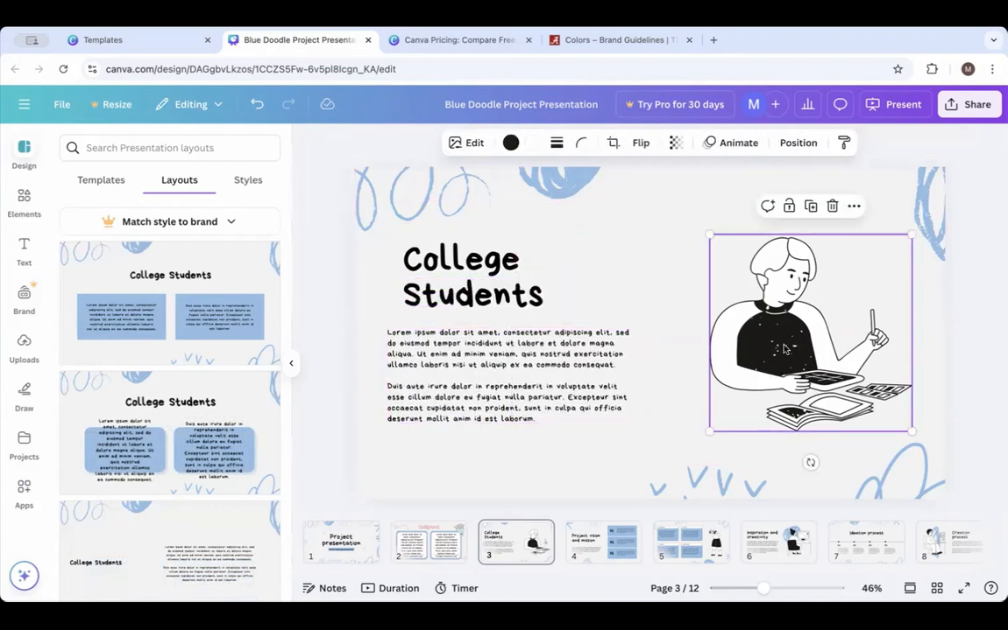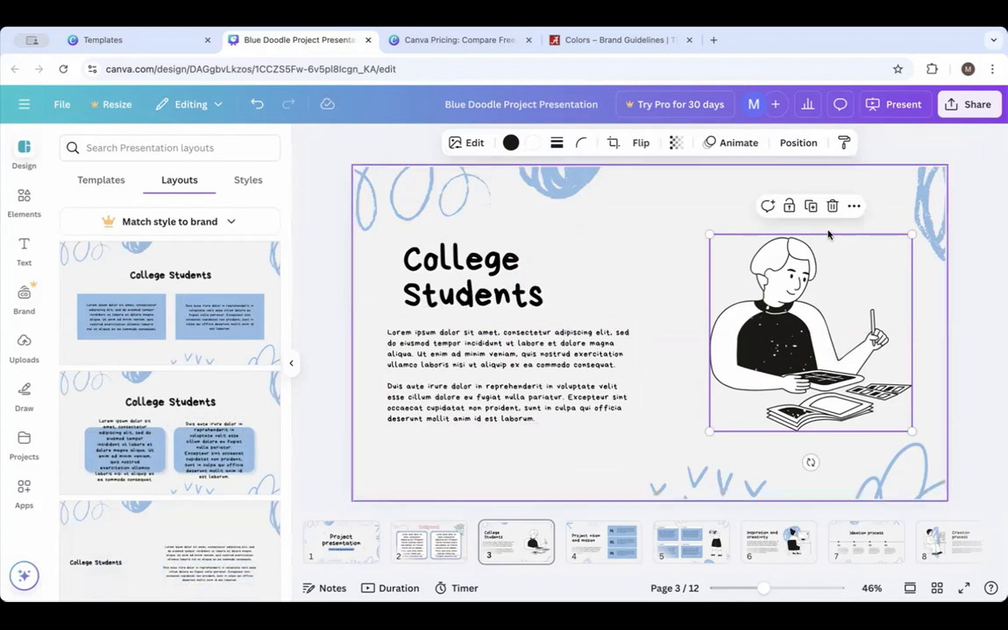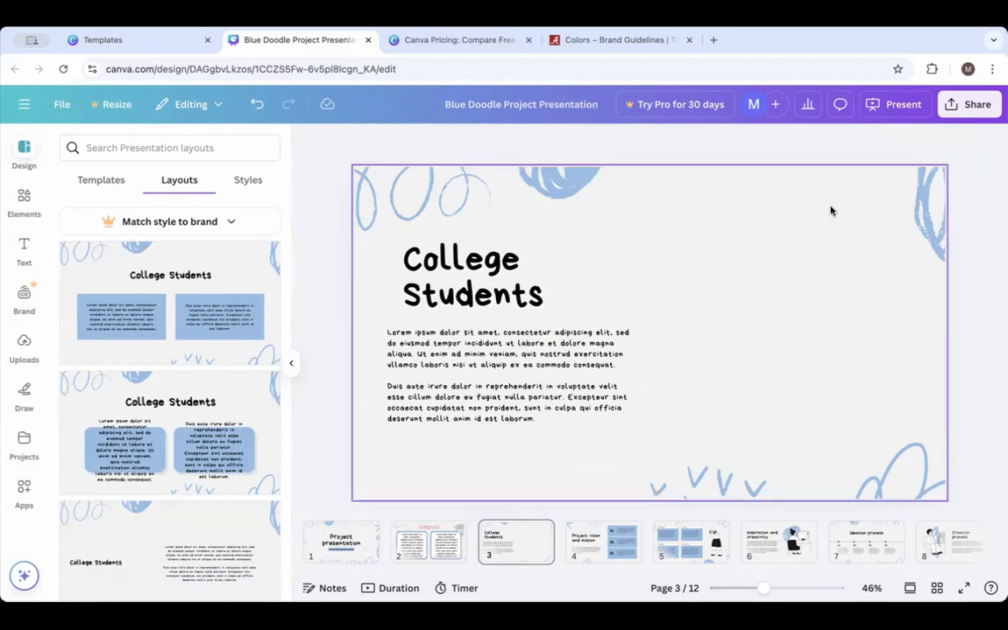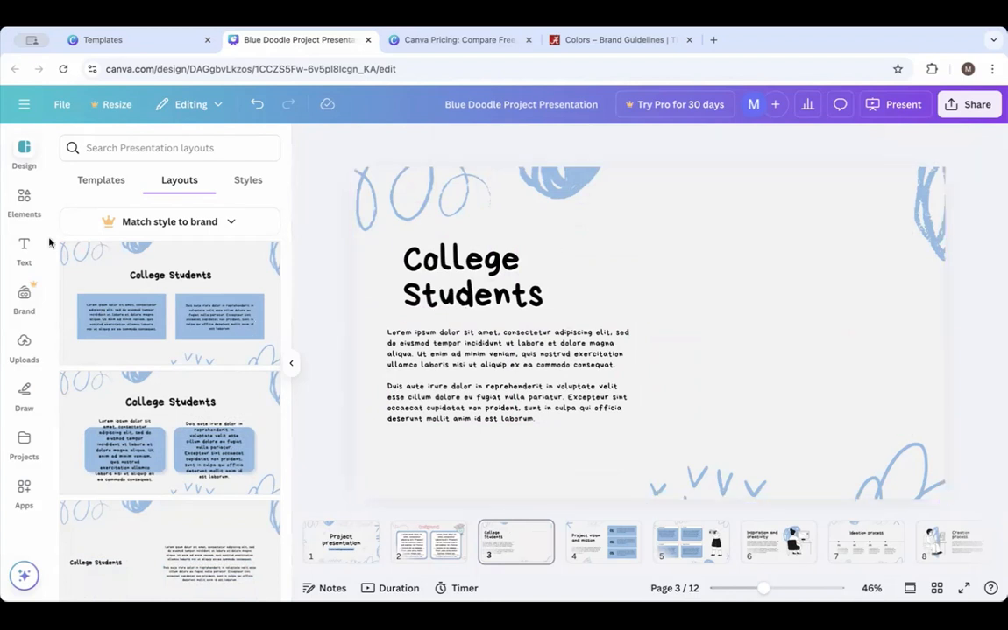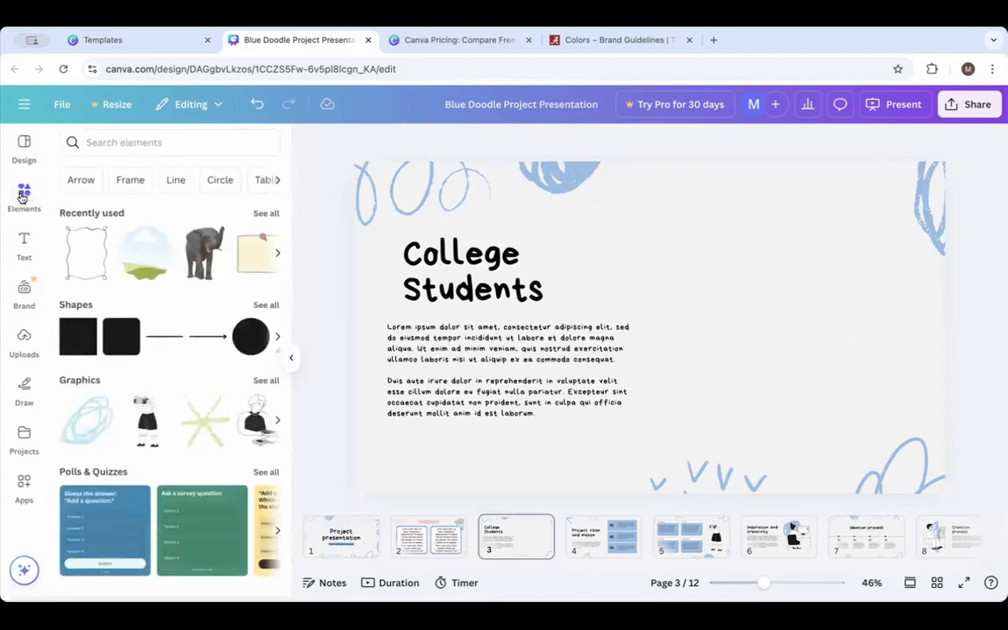But let's take a look at maybe I want to switch this particular picture, right? I don't like this picture. So I'm going to delete that picture. And now I'm going to come over to the left again. I'm going to look at elements. With elements, this is where I can start searching for anything from just individual graphics